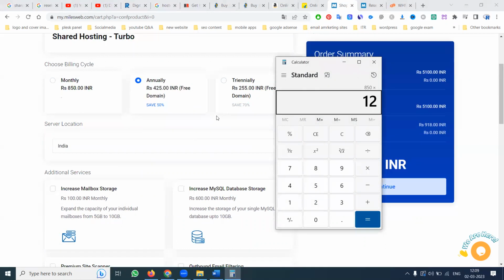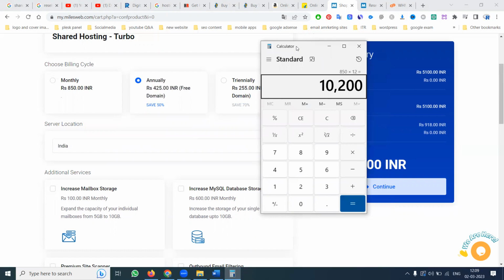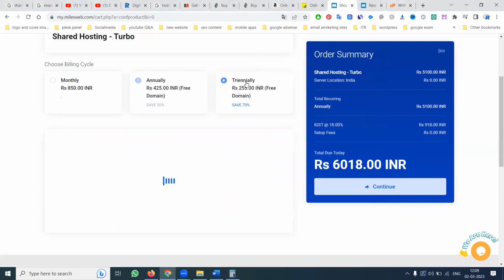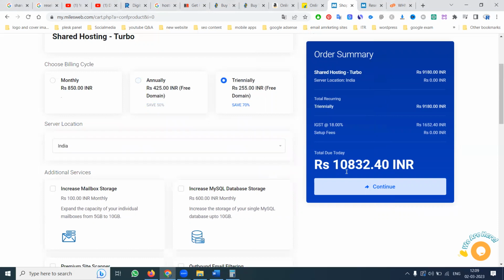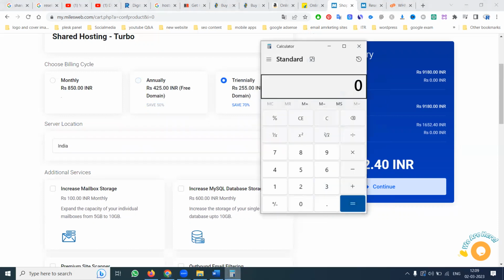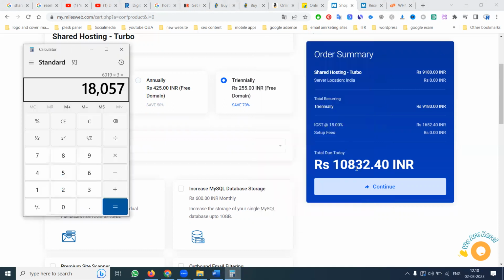850 into 12 months is almost 10,200. If you purchase annually at 6019, you save 4181. Suppose you purchase for 3 years, it is simply 10,000. If you purchase yearly at 6019 for 3 years, it will be 18,000. Almost all, we can purchase for 3 years for only 10,832 rupees